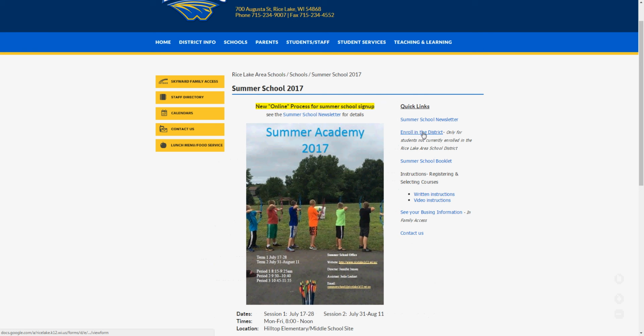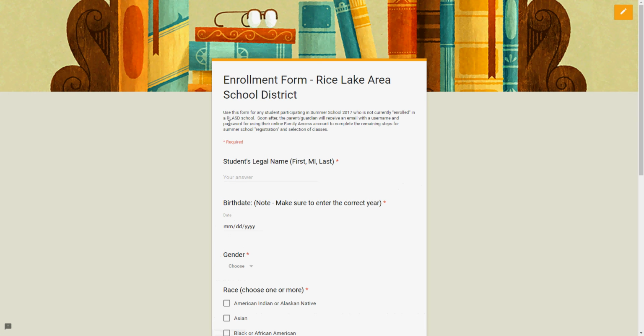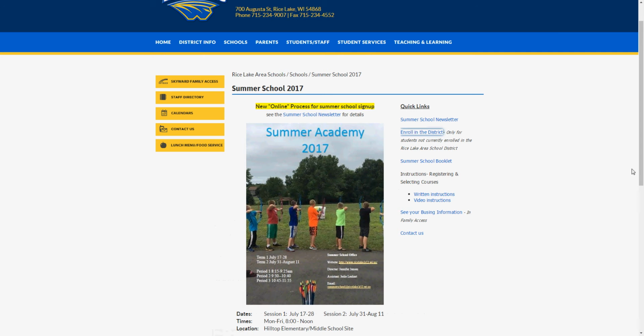Below that is a link for those of you who are not currently enrolled or attending one of the schools in the Rice Lake Area School District. We need you to give us some basic information so that we can get you a family access account and get you into the district at least for summer school. This is what that enrollment form looks like. In addition, there is a link here for written instructions that we're going through, and these are the video instructions